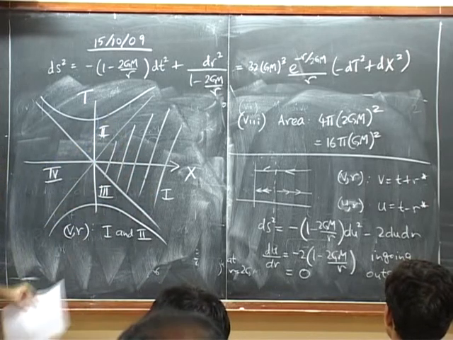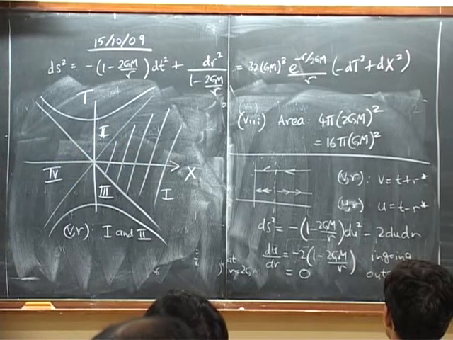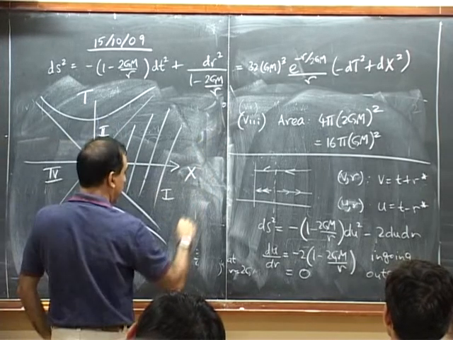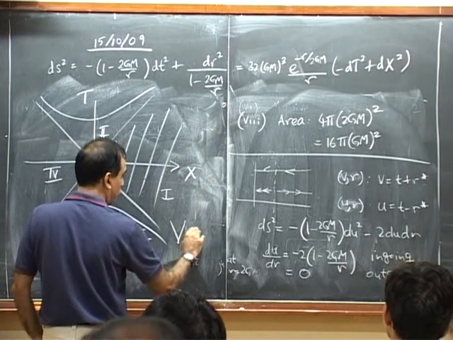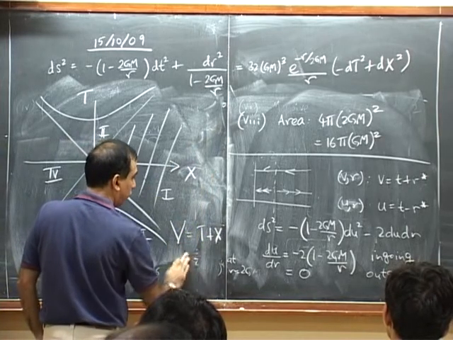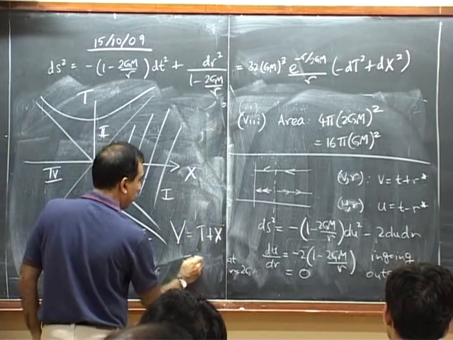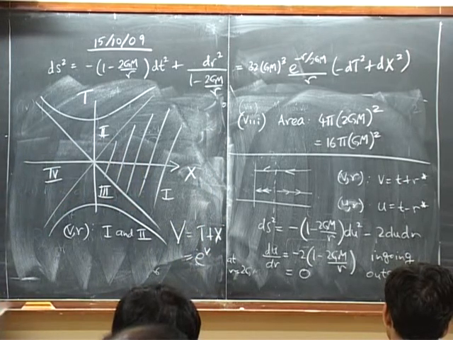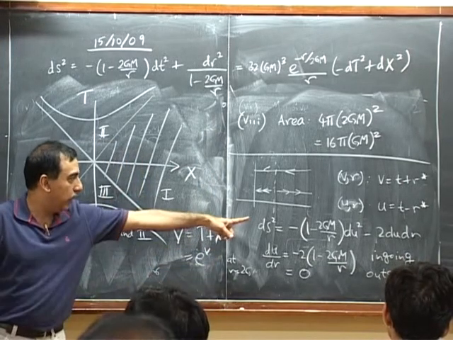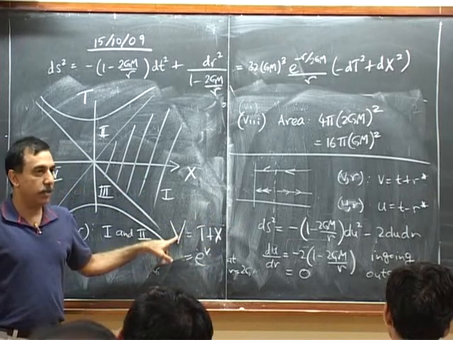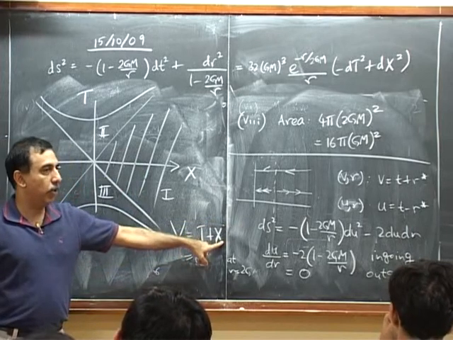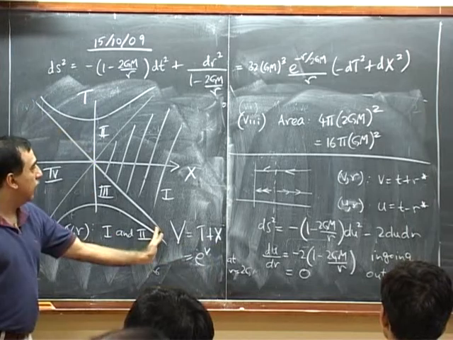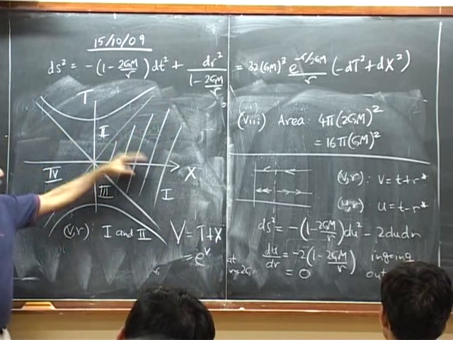Okay, but we can actually prove that it describes both 1 and 2, because if you remember, the Eddington-Finkelstein capital V, which was t plus x, was also given by e to the small v. Now, if small v was a real coordinate, then e to the small v is positive. Therefore, t plus x is positive. Therefore, x is greater than minus t, and that's this line. Everything above this line. That's regions 1 and 2.